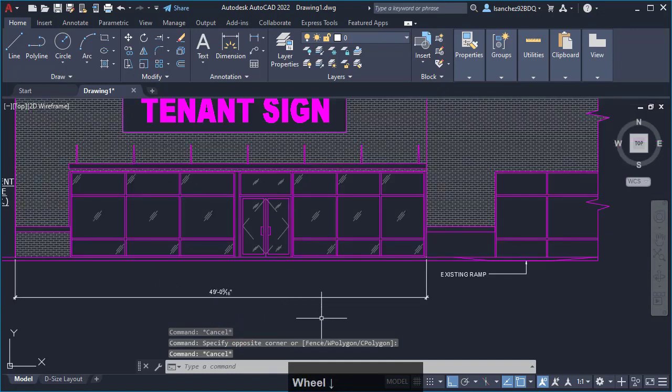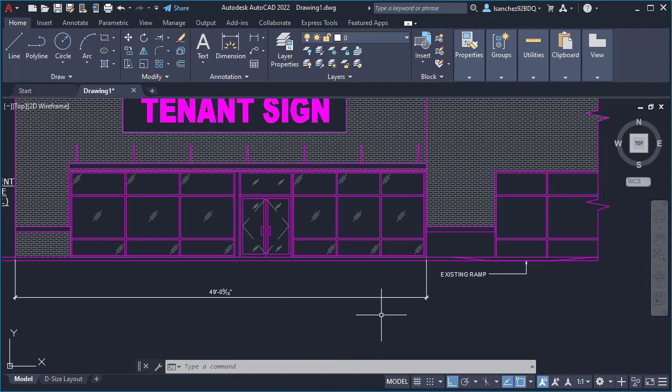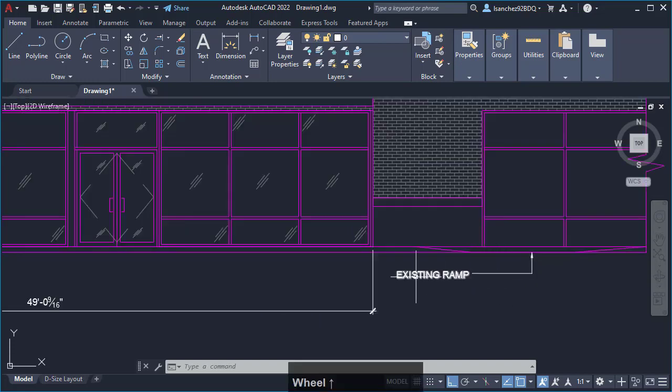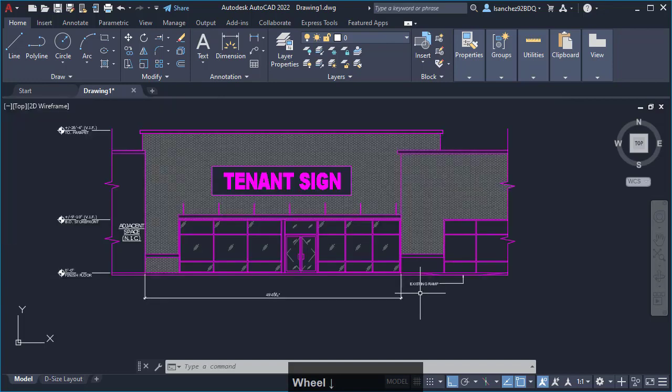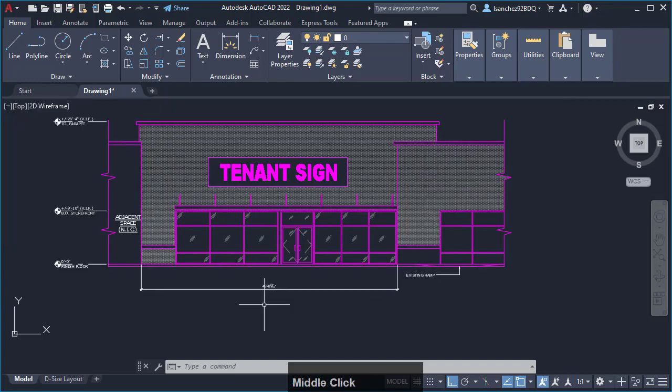So you just learned another important concept about how to manage your text or annotation size for your dimensions, letters, and notes or text. Alright, so now what we need to go over is